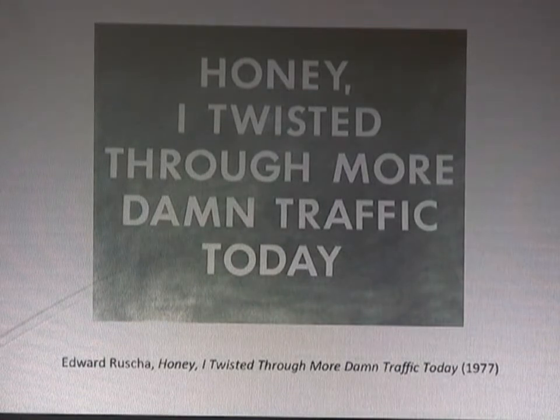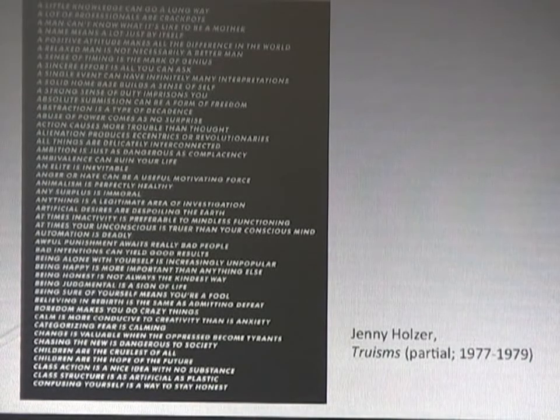I got interested in what was going on in word art, and I started wondering, well, what would happen aesthetically if you take an existing piece of word art and you make it really hard to read? So I wanted to translate something that was already out there into Morse code knitting. The piece that I chose as the source work is Jenny Holzer's Truisms. This is a project in which Holzer wrote a series of about 250 very pithy statements, and then she would